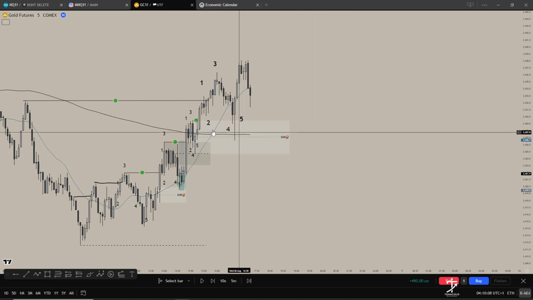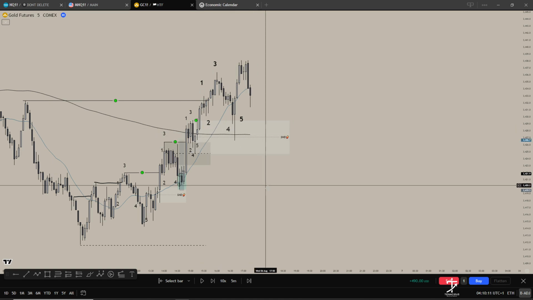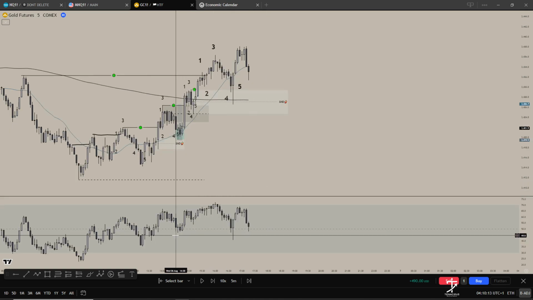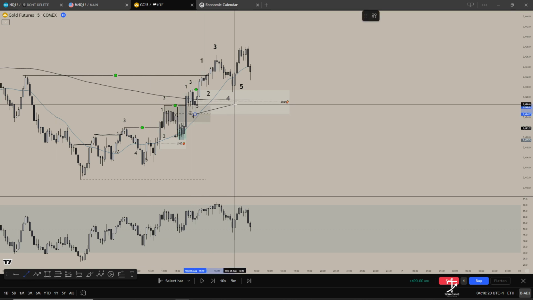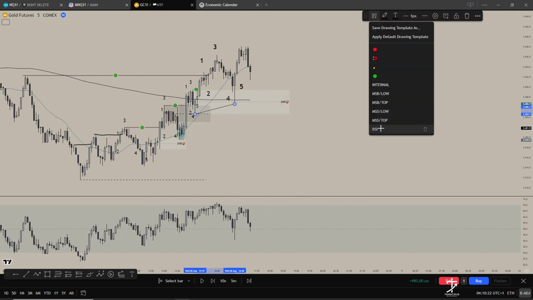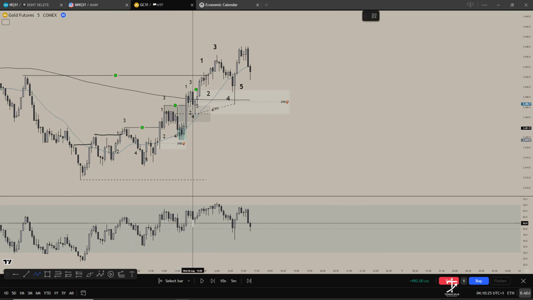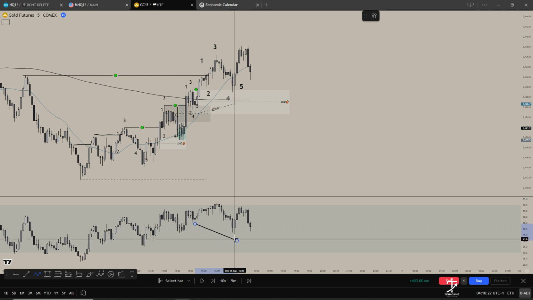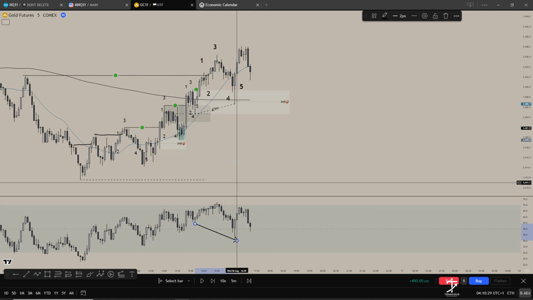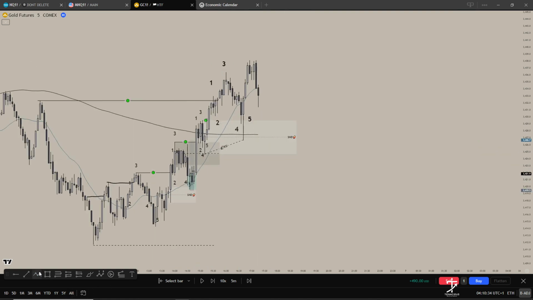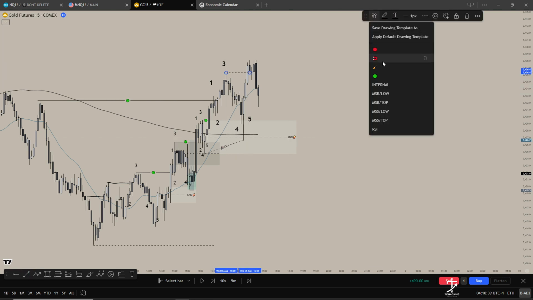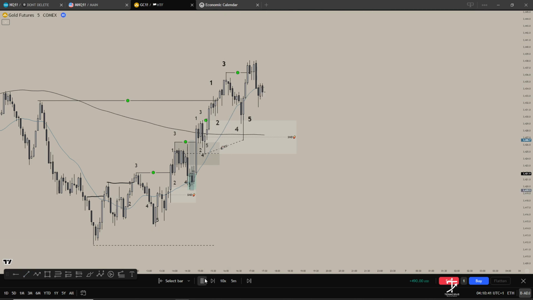And you can see from this S&D, we rejected off the 200 SMA nicely. We also had RSI. Let me just double check. Yeah, so we also had RSI, where this gave us a higher low, but this gave us a lower low. So you can already see the divergence from there. And again, if you're looking for another trade, you now have another MSB here. And if you let price play out,